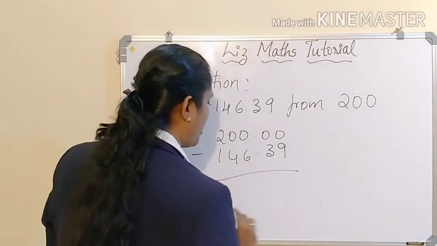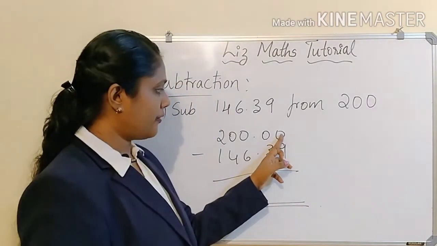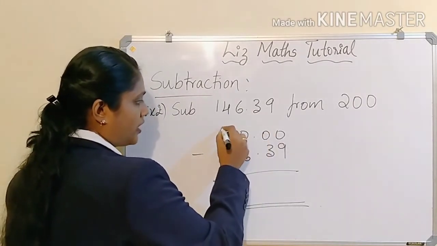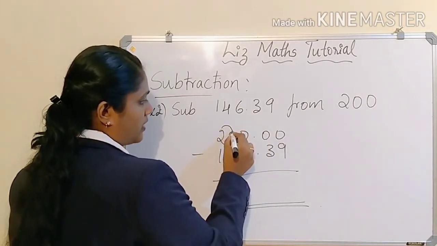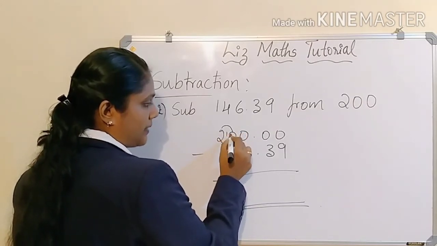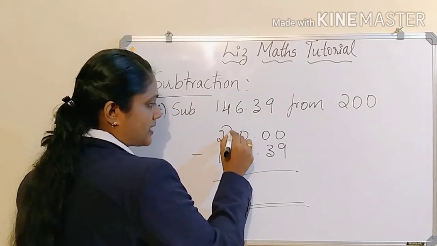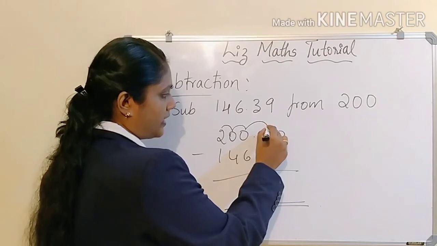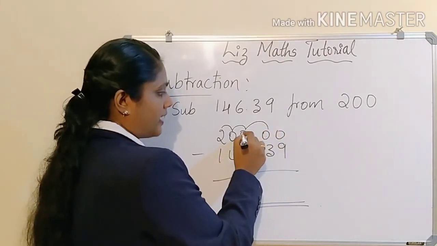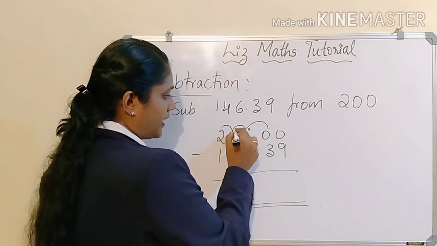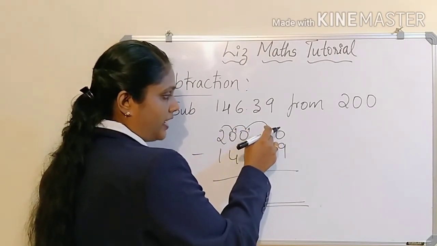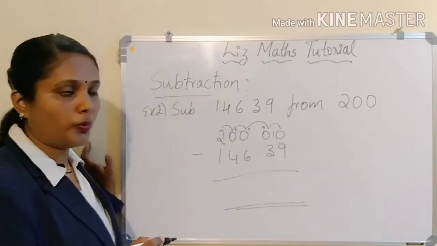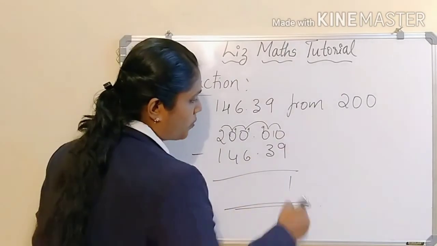So how to go for the subtraction? Now 0 from 0, 9 it will not go. So what do you have to take here? See, here are all zeros. So from here you have to carry 1. Here that goes 10. Then again you are carrying from this 10 here. Then here 9, here 10. Again from here you are carrying that 1. Then here 10, here 9. Got it? Here 9. Then again you are carrying from this 10, 1 here. Then here 10, here 9. Hope you understood. Now from 10, 9 goes, 1 is remaining.